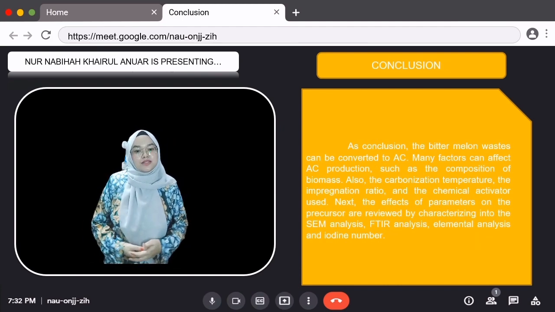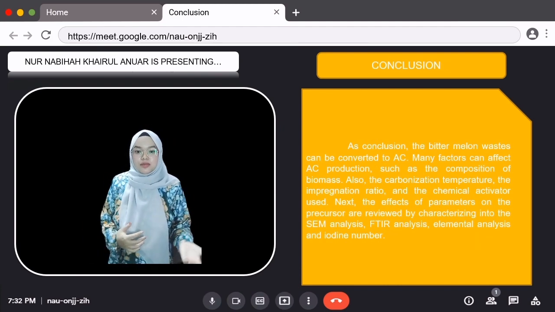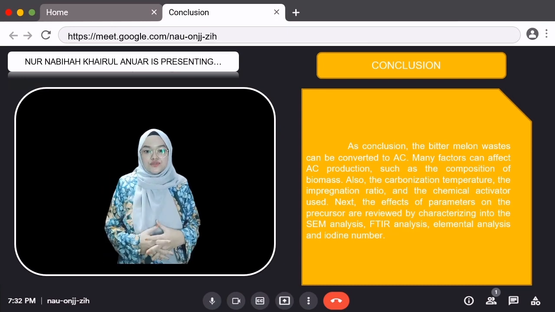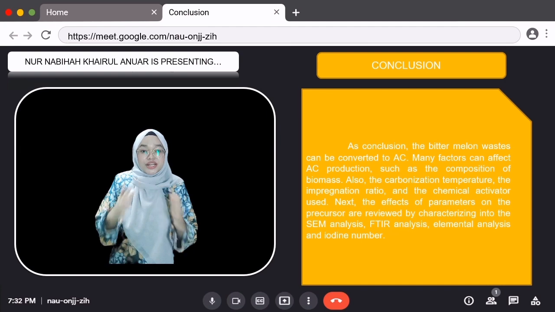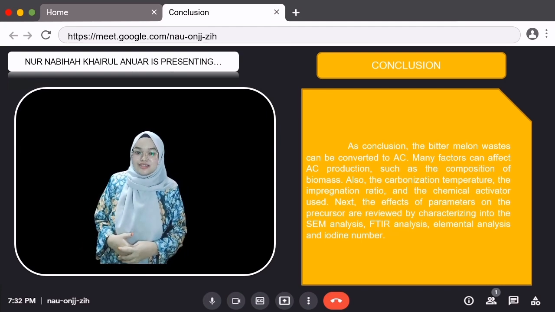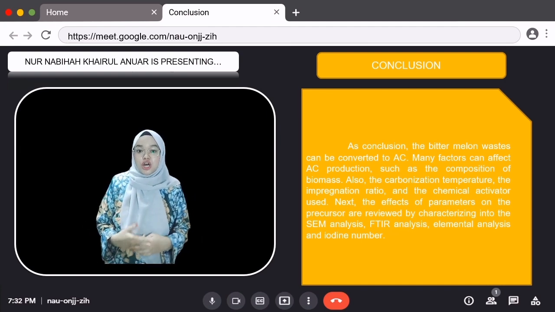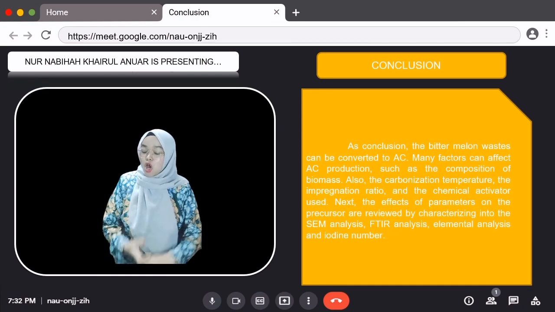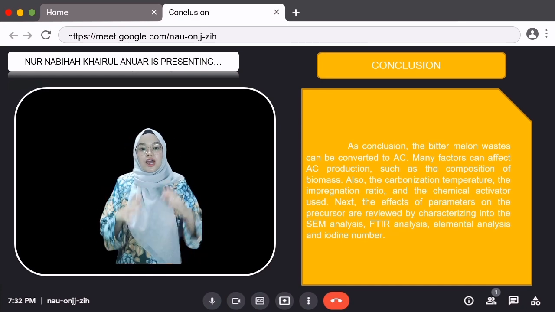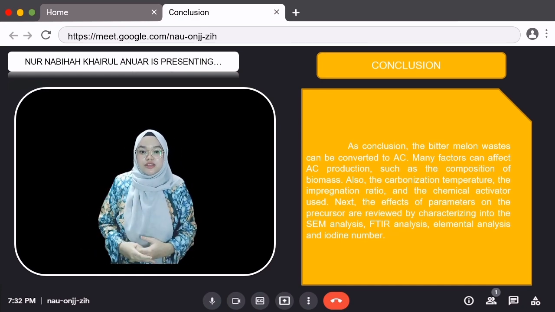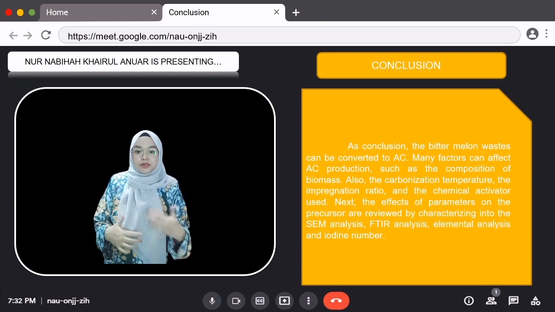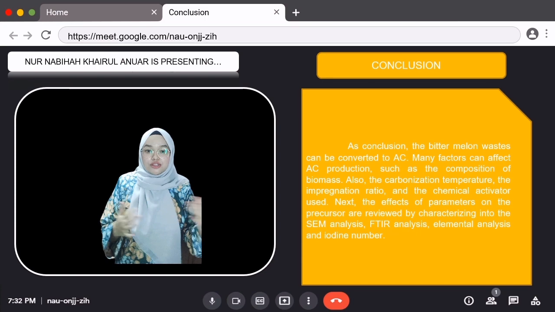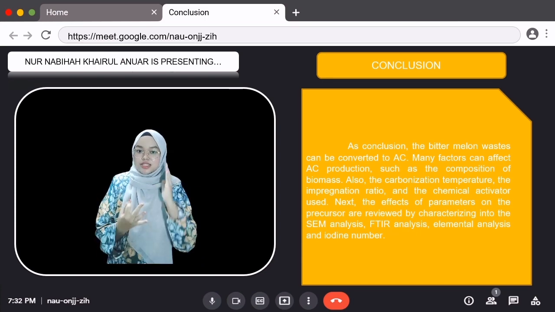In conclusion, bitter melon waste can be converted to AC, justified by the scientific evidence found from previous studies contained in this thesis. Many factors can affect AC production, such as the composition of the biomass, which are cellulose, hemicellulose, and lignin. Also, carbonization temperature, the impregnation ratio, and the chemical activator used. Next, the effects of parameters on the precursor are reviewed by characterizing them with SEM analysis, FTIR analysis, elemental analysis,